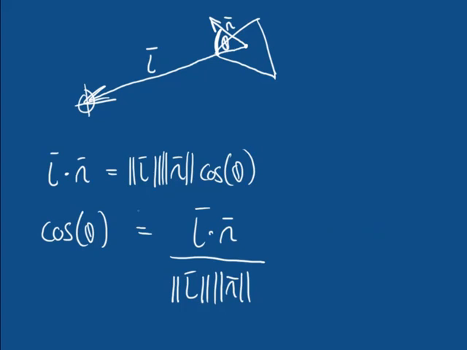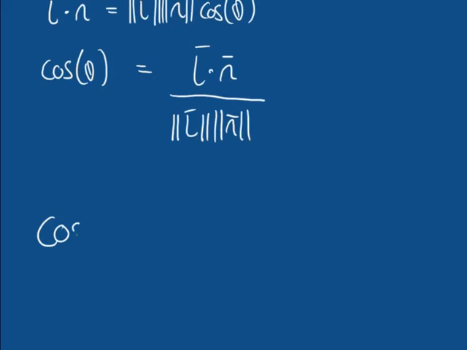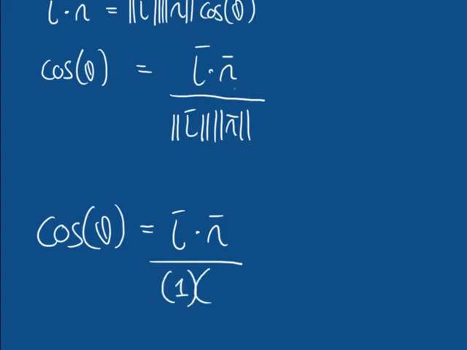So notice, however, what would happen to our equation, and we did see this earlier, when both of our vectors have a length of 1. That is to say, both our normal vector and our light vector are unit vectors. If they are unit vectors and they have a length of 1, then this equation becomes: the cosine of theta is equal to our light vector dot our normal vector divided by the length of our light vector, which is 1 because it is a unit vector, times the length of our normal, which is 1 because it's a unit vector. So that's equal to L dot n over 1 times 1, which is 1, which is simply equal to L dot